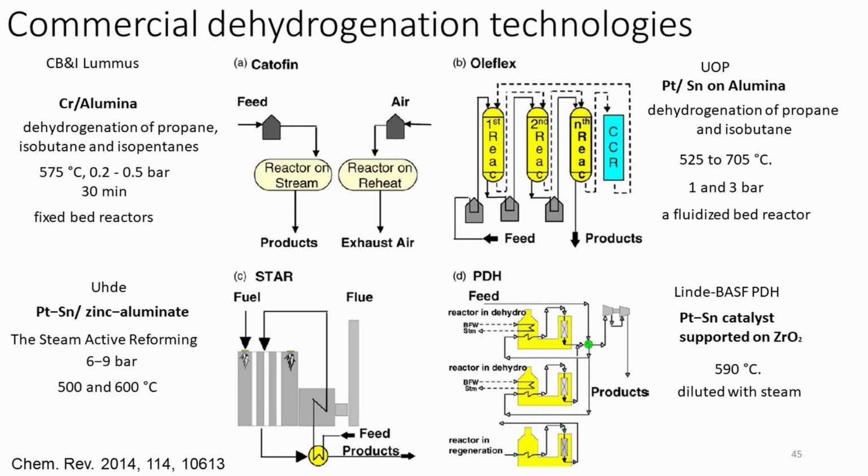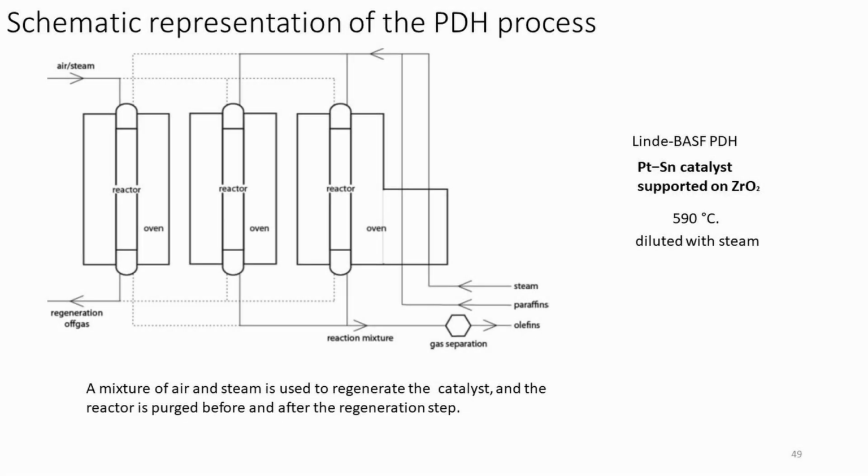Next process is the PDH process. The Linde-BASF PDH process, of which a schematic representation is shown in a figure, uses a platinum-tin catalyst supported on zirconia oxide for dehydrogenation of light olefin isothermally at a temperature of 590 degrees. The process shows very similar